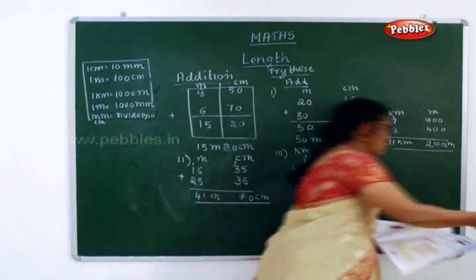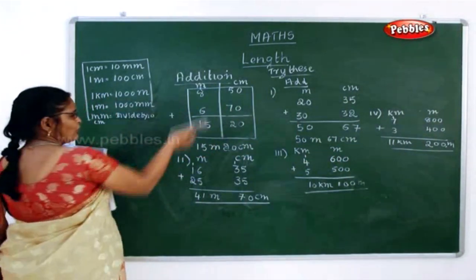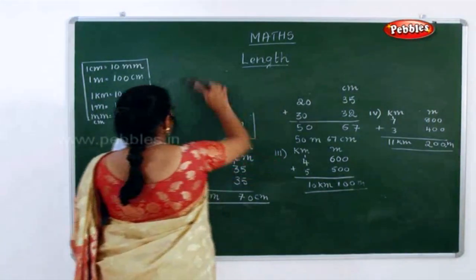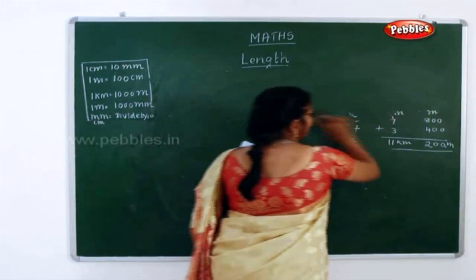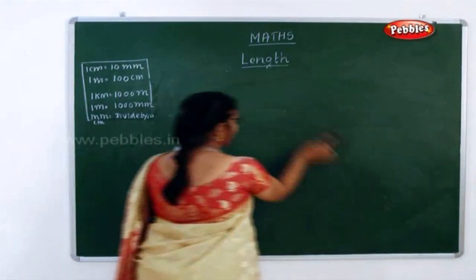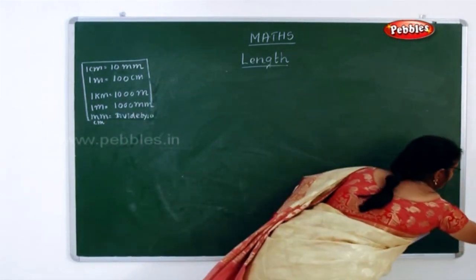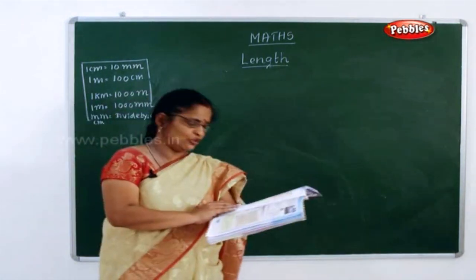See, the next one given in your book is your statement sums. Am I right or not? Now normal addition you did. Am I right? Addition you did. Now next one, you're going with your statement sums. Now what do you mean by statement sums? Can anyone tell me? You call it word problems. They will be given some statement problems, where you have to read the question carefully and do it.